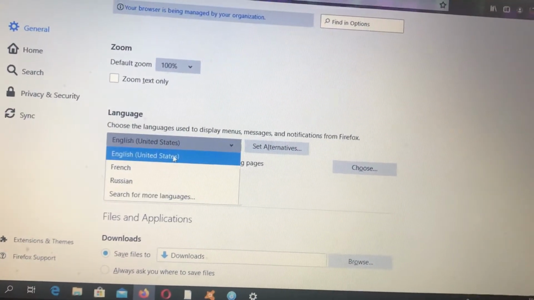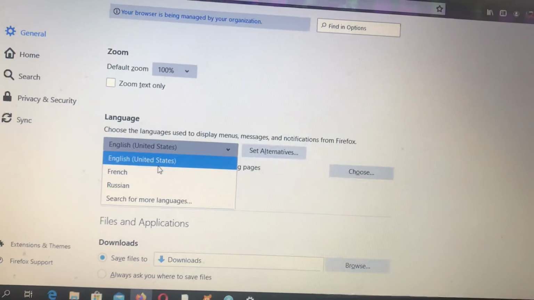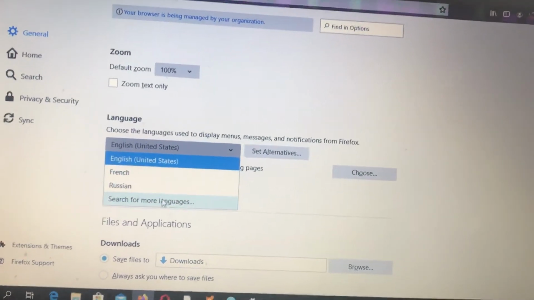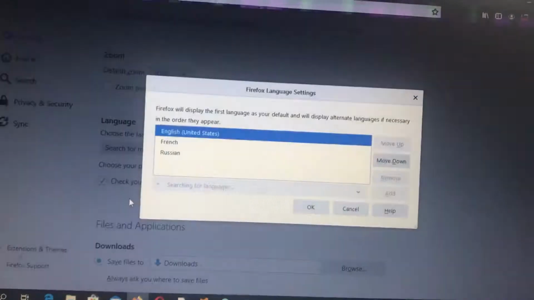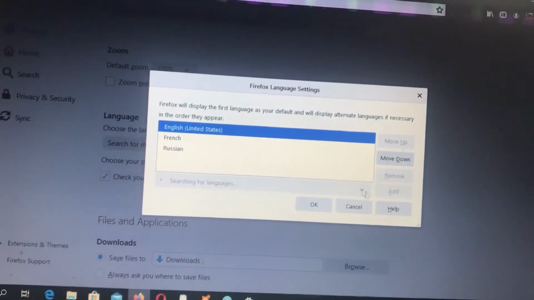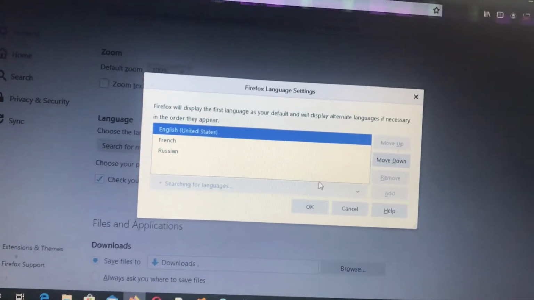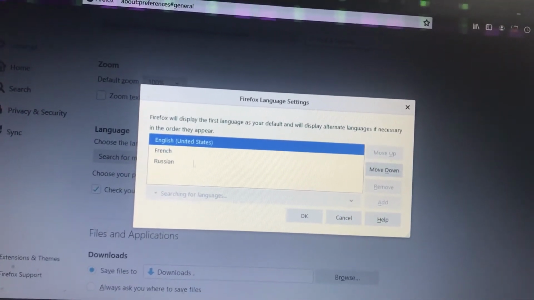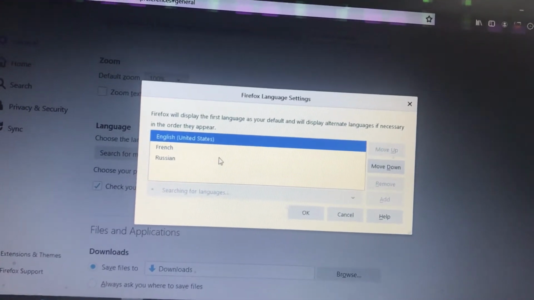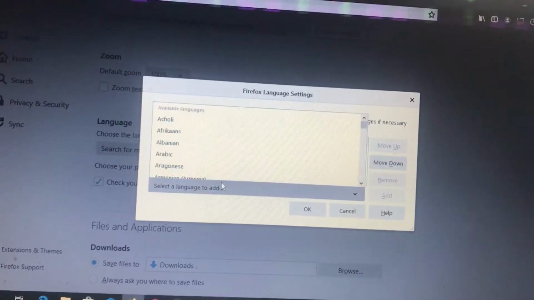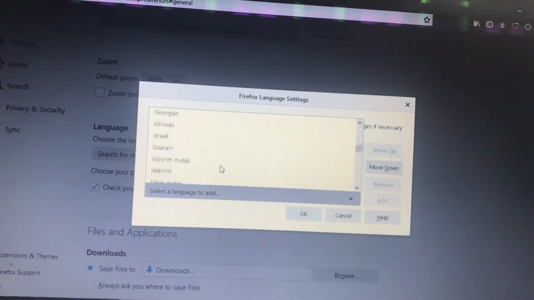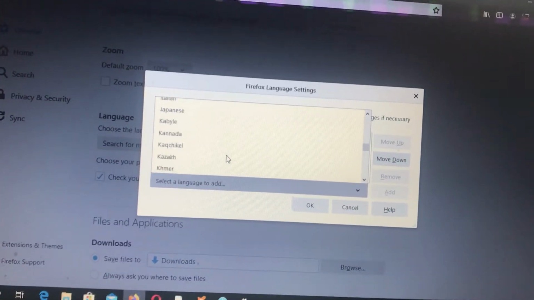So just click on it, and here you can also see 3 different languages. Also you can click on search for more languages, and here you can wait until it downloads some languages available nowadays. So just click on select a language to add, and here you can choose some language, for example